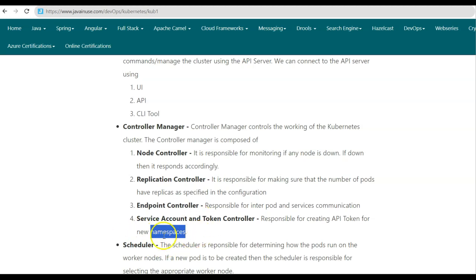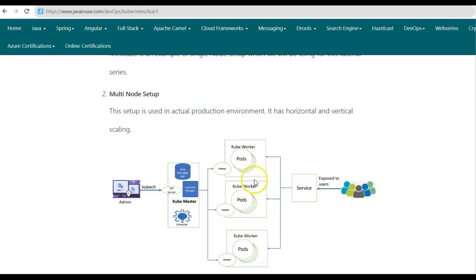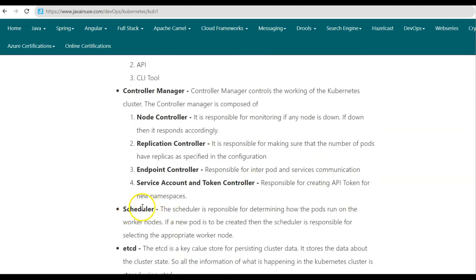So namespaces are used to segregate the resources in Kubernetes according to their utilities. So it is similar to the packages we have in Java. So java.util, those packages, the classes in those packages have different functionalities, whereas we can also create our own custom packages. A namespace is similar. We'll be looking more into namespaces in future tutorials.